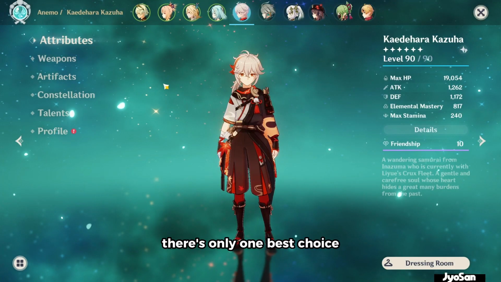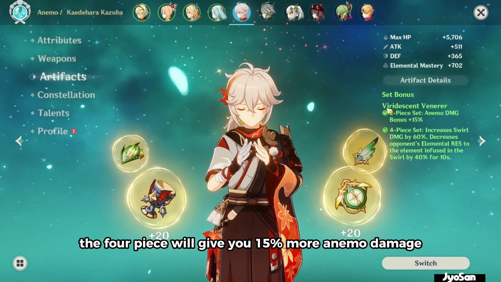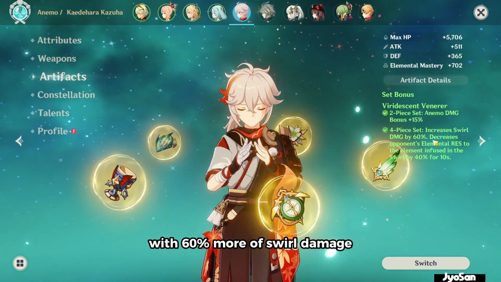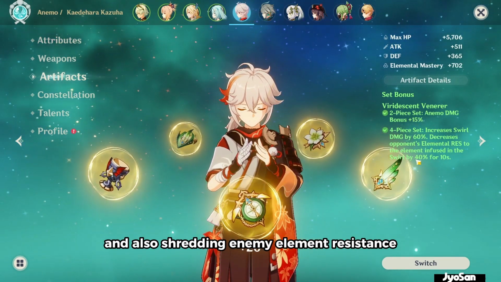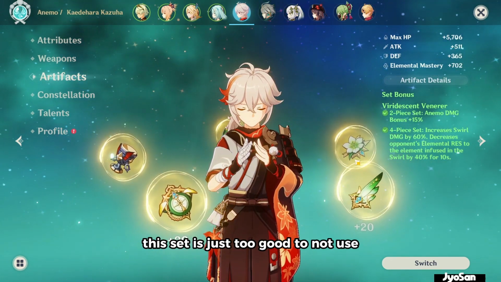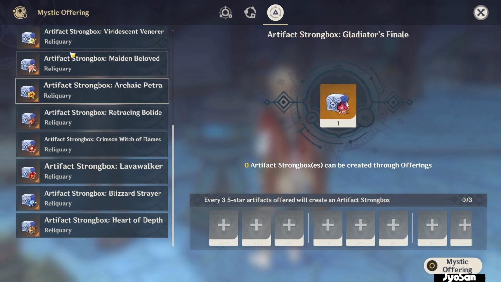Now that you know that information, for the artifact there's only one best choice, and it's the 4-piece Viridescent. The 4-piece will give you 15% more Anemo damage with 60% more sword damage and also shredding enemy element resistance based on the element that you swirled. This set is just too good to not use, and with Artifact Stronghold, it is easier than ever to